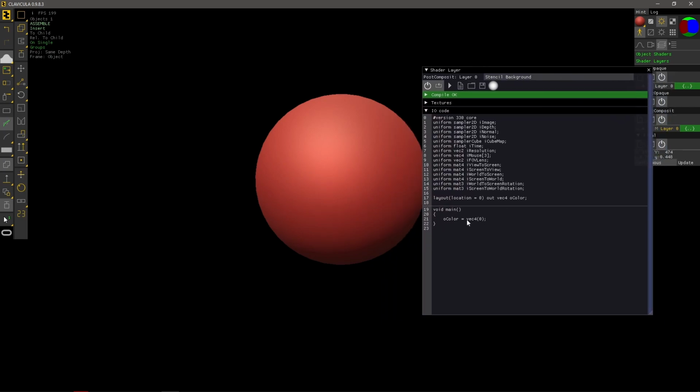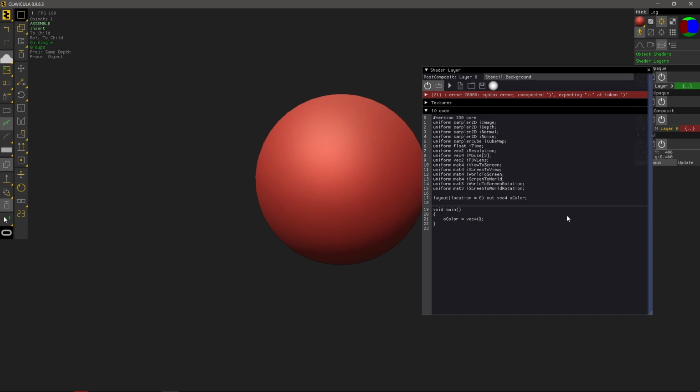Okay, so let's do something a bit more complex. So you see, every time you have an error, even if this tells to run, you have the error here in red, and the shader is actually disabled, although the run is on. So what I'm gonna do is